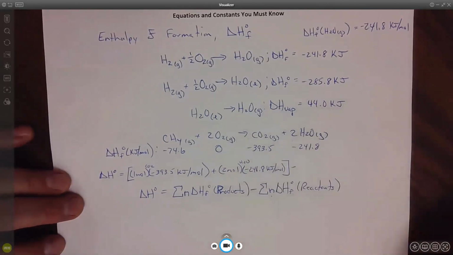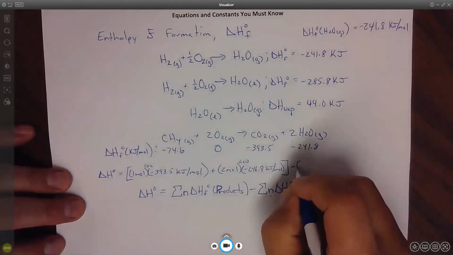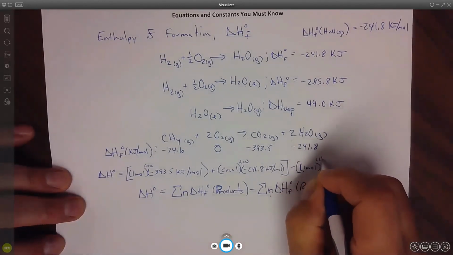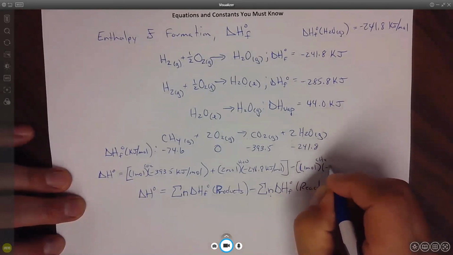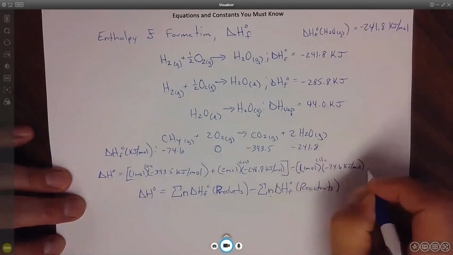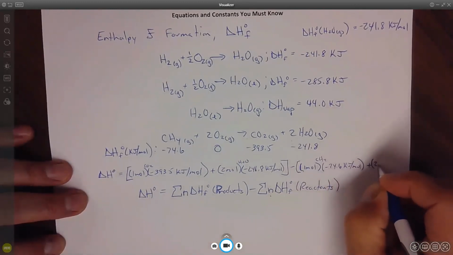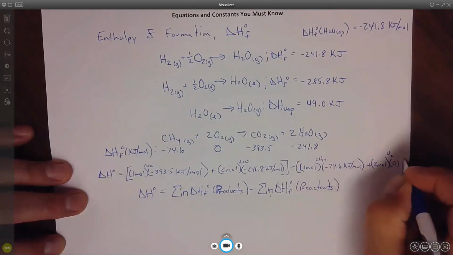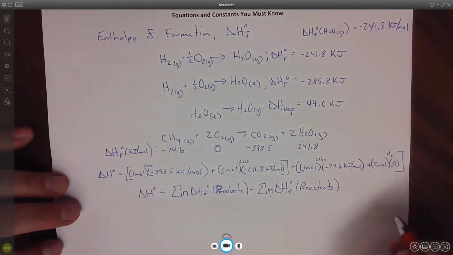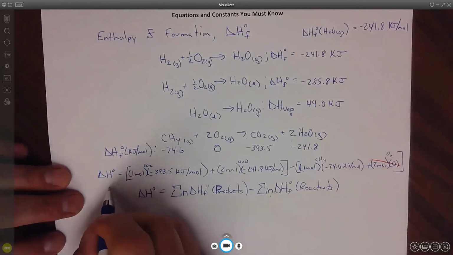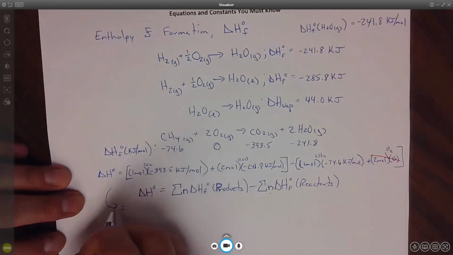Now that was all of our products. Now we're going to subtract our reactants. So we have the 1 mole of methane at negative 74.6 kilojoules per mole. And then the 2 moles of O2, but that's at 0, right? So that's at 0 kilojoules per mole. So that term just kind of cancels out. So then this is going to equal,